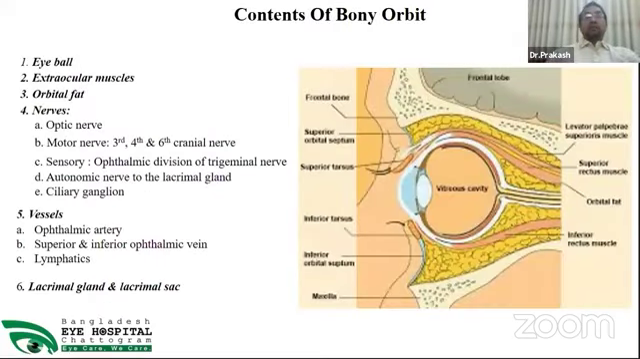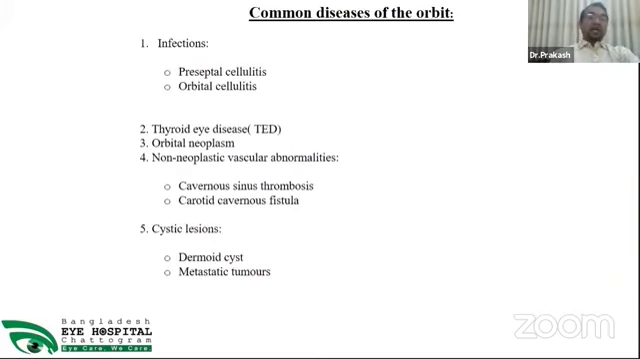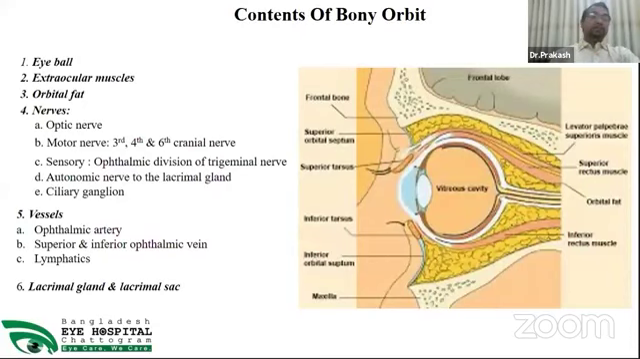Now we come to the contents of the orbit. The contents of the orbit are the eyeball and extraocular muscles. There are four recti: superior rectus, inferior rectus, medial rectus, and lateral rectus, and two oblique muscles, the superior oblique and the inferior oblique, and the LPS, levator palpebrae superioris. So these are the extraocular muscles. Then orbital fat,